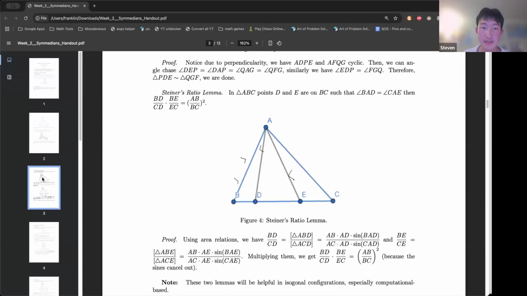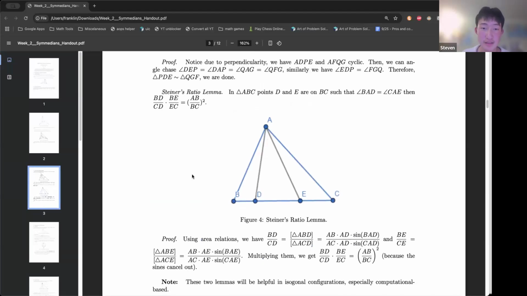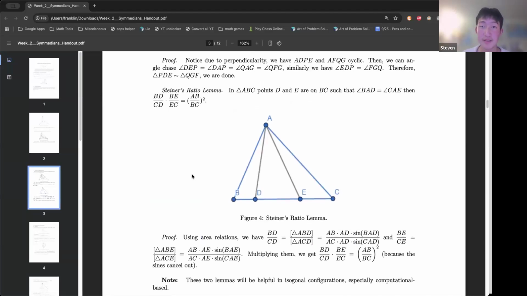So this one is called Steiner's ratio lemma. It states that for triangle ABC, if you have AD and AE being orthogonal, then you're also going to have a really cool result: BD over CD times BE over EC is equal to (AB over AC) squared. And this is going to be really important when we are introducing the Symmedian, so please pay attention to this result. And to prove it,